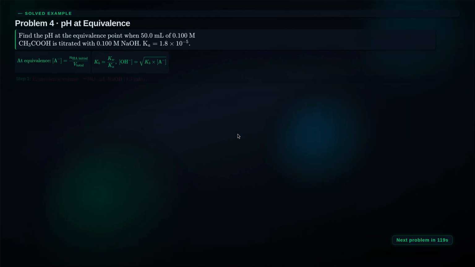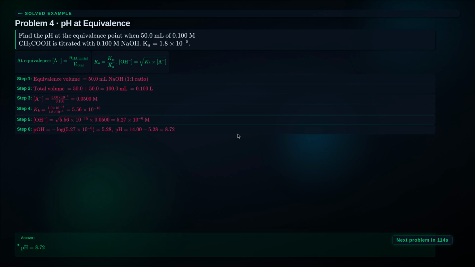Problem 4. Finding the pH at the equivalence point of a weak acid-strong base titration. 50 milliliters of 0.100 molar acetic acid is titrated with 0.100 molar NaOH. Ka is 1.8 times 10 to the negative 5. Step 1. The equivalence volume is 50 milliliters. Step 2. Total volume at equivalence is 100 milliliters. Step 3. The concentration of acetate is